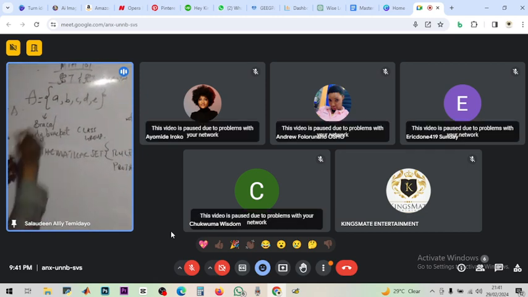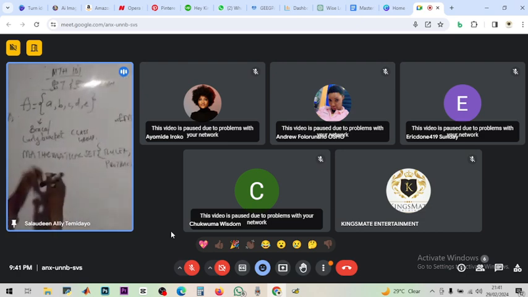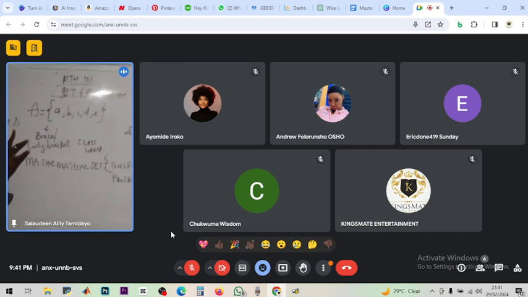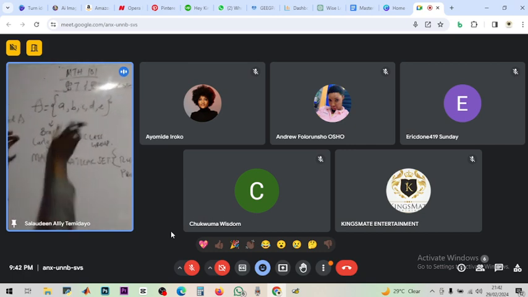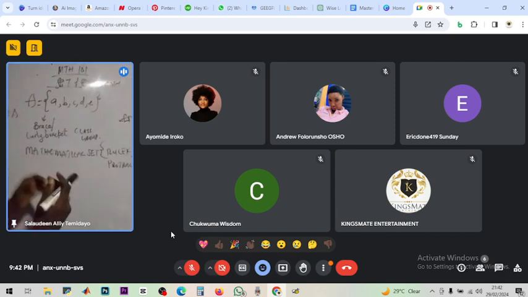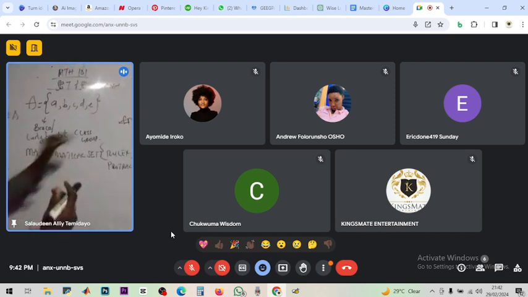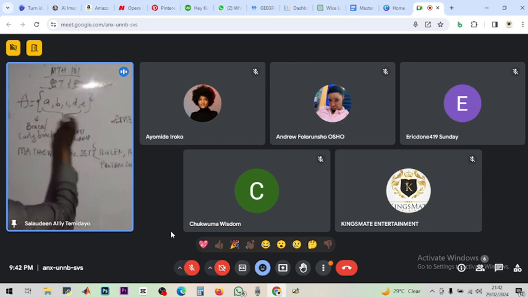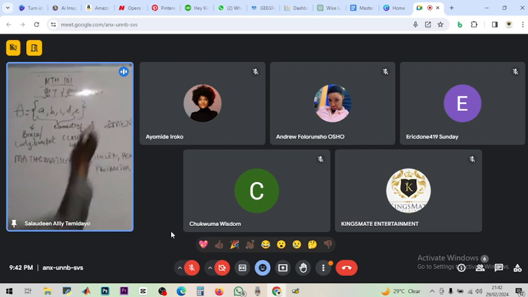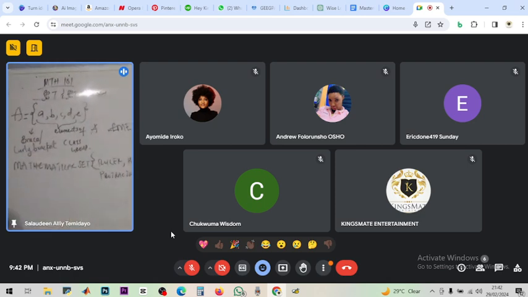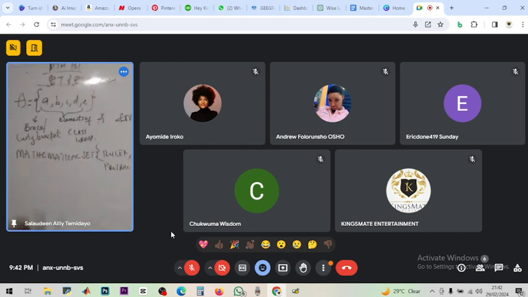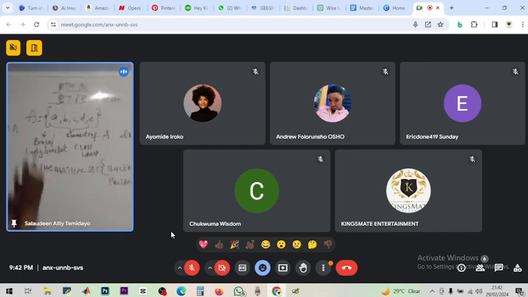So I mentioned the name of this bracket. I said we call it the brace or the curly bracket. The things that the bracket encloses, the things encapsulated in the bracket, are known as the elements. So a to e are what? Elements of set A. a to e are elements of set A. That's what we are trying to point at. a is an element of set A, b is an element of set A.